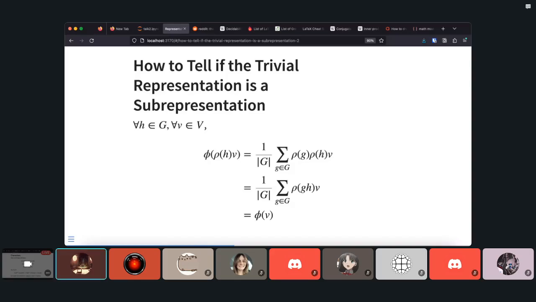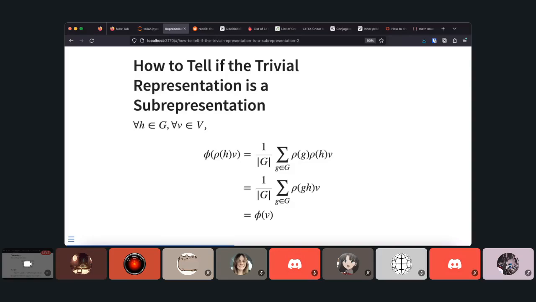You can see this by taking the action of any element of the group on v, and looking at phi of that. By linearity, you can bring